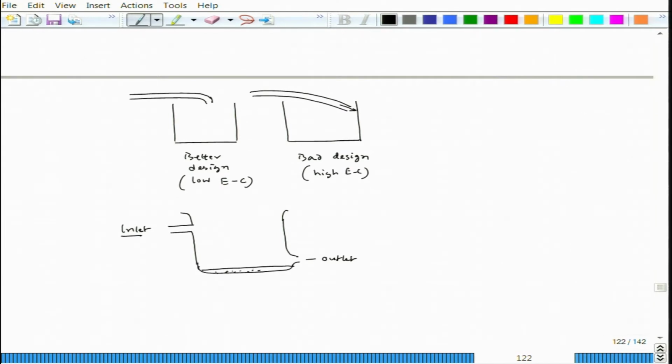Now, the major problem is these dust particles. Dust particles can also clog this particular pipe. In the inlet case there is a possibility of clogging, but the clogging would be much less compared to this, because depending on the flow rate one can have a kind of deposit here, and here also can have deposit definitely. That deposit can lead to a problem, because once you reduce the thickness of the pipe, the speed increases and that speed leads to turbulence, because there is also a blockage, and that turbulence will create a lot of erosion corrosion. Okay.